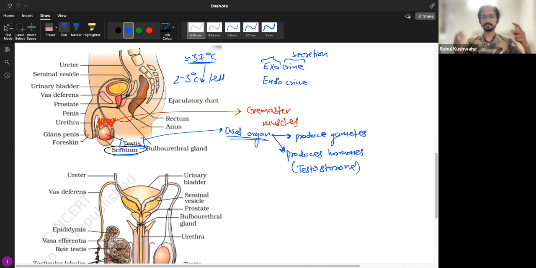Now, it is the world of emails and WhatsApp texts. But imagine a postman carrying thousands of letters, going from one home to another, but only delivering the letter which is specific to that address, right? He has all the letters, but he will not just dump all the letters in one place, correct? Similarly, it's the relationship of blood and hormones. So those are called endocrine, which secrete there only. Is this part clear? Give me a thumbs up.